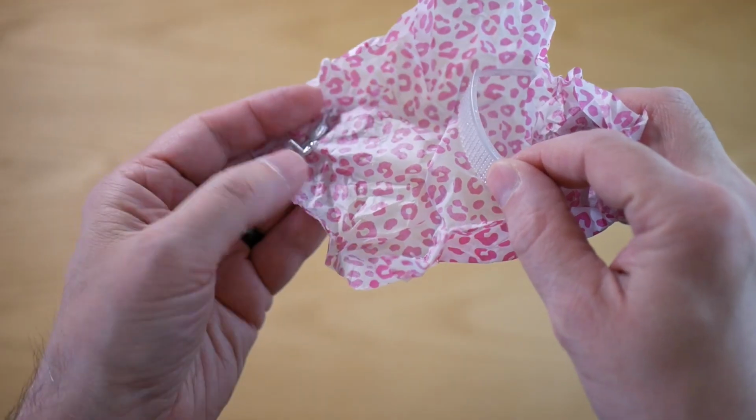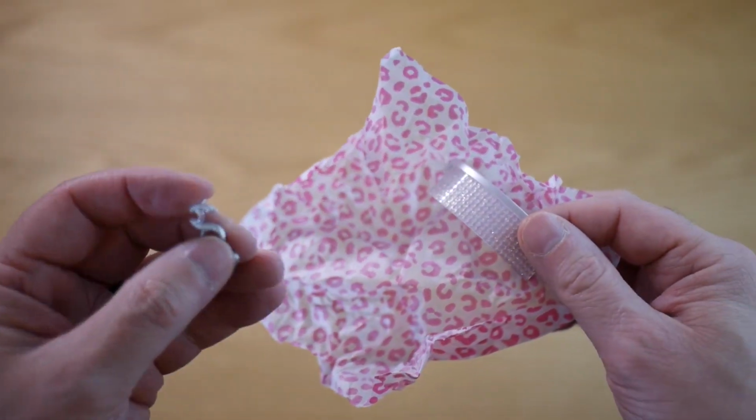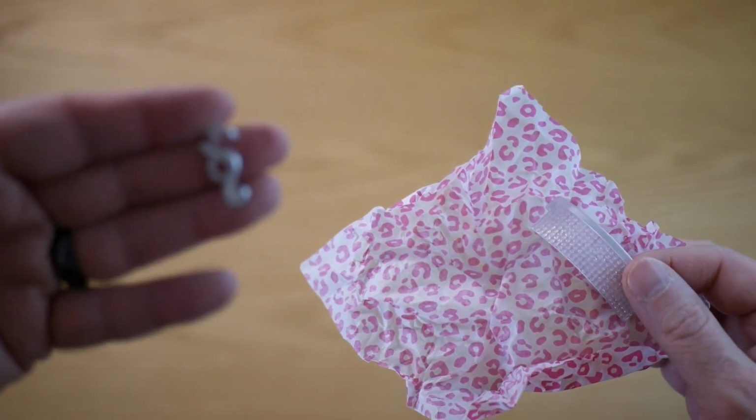Is there anything else? Oh, yeah. Oh, is that right? We've got one earring. Is that correct? Okay, so